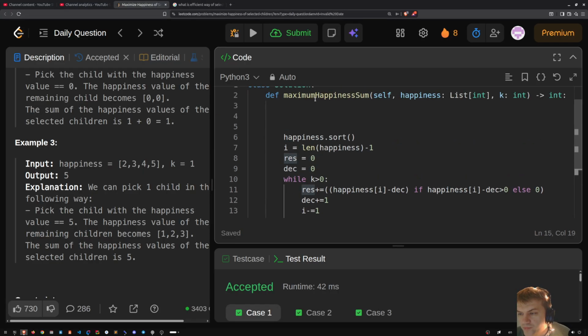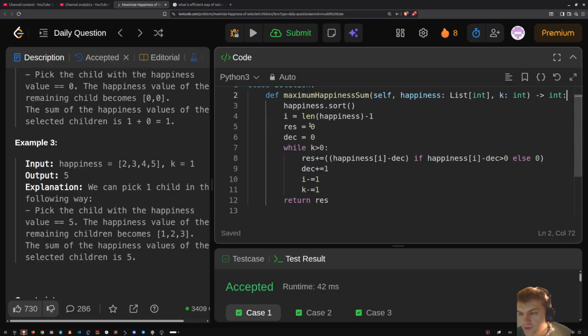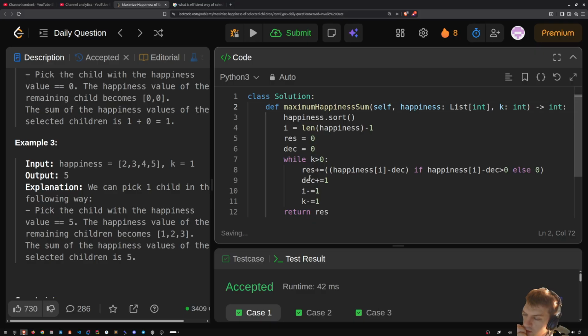So if I do heap here, I need to go and have a min heap and insert the value, and then if the min heap becomes larger than size k, I need to remove the element from the min heap. So it's gonna be something like